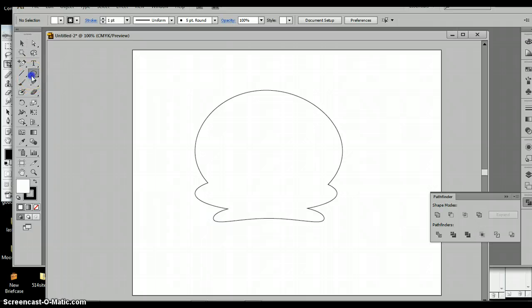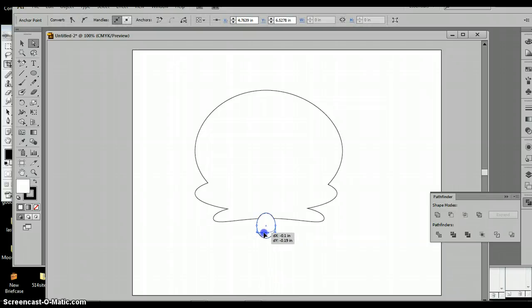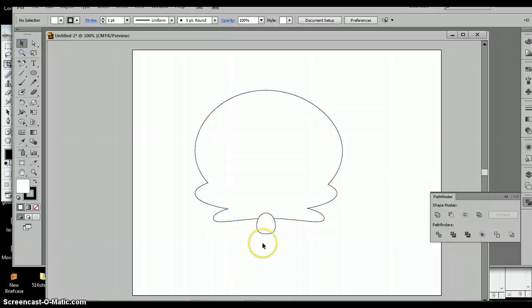Okay, let's do some teeth. Let's get the ellipse tool, make the first tooth, flatten the end to make it look more like a tooth. Good. Make it a little bit bigger, like that. Okay, now with that selected, I'm going to do a Command C to copy and Command B that pastes it behind. And then with my arrow keys,